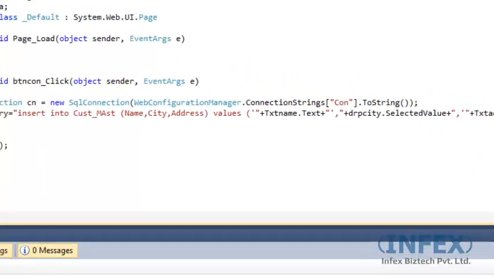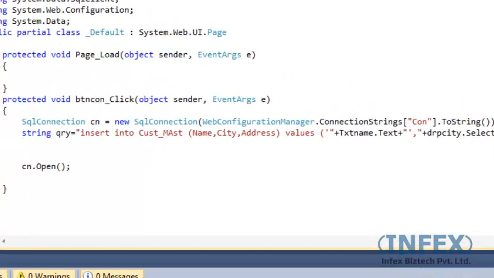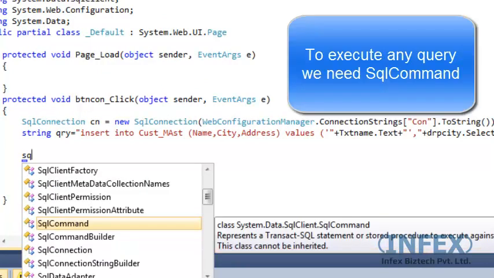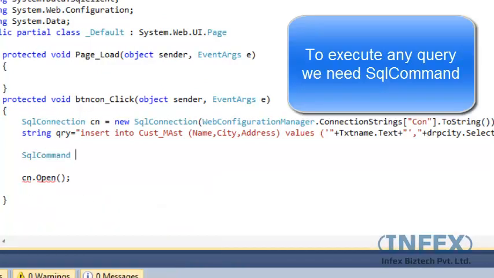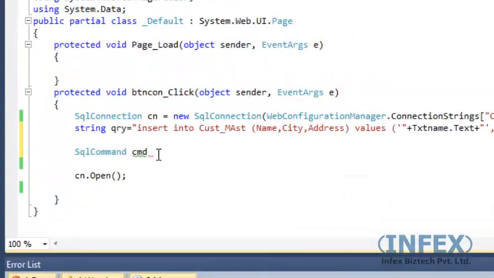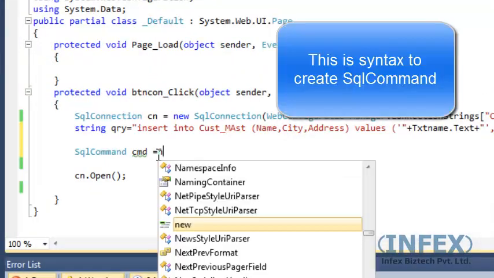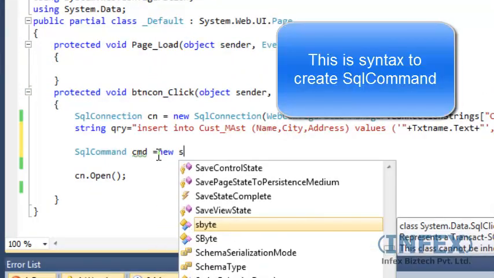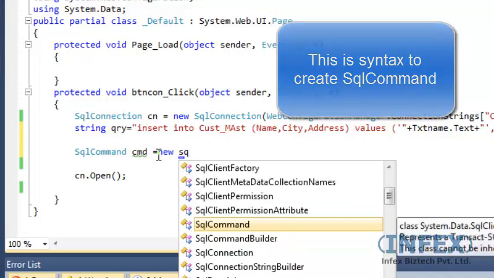Now to execute this query we are using SQL command. So first write SQL command. This is the class which is used to create object of SQL command, and write the object name cmd is equal to new SQL command.